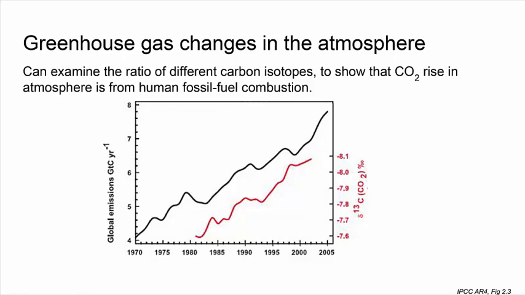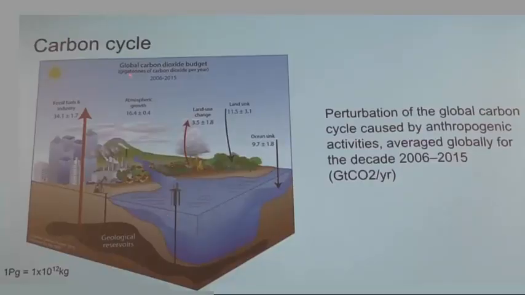Right, so this is again showing the carbon cycle and how much perturbation or changes in the global carbon cycle are caused by human activities. And you can see we're putting out 34.1 petagrams, which is 1 times 10 to the power of 12 kilograms of carbon, into the atmosphere. But the atmosphere is only